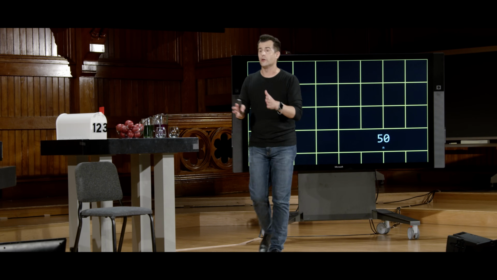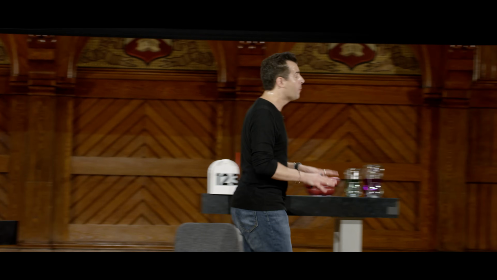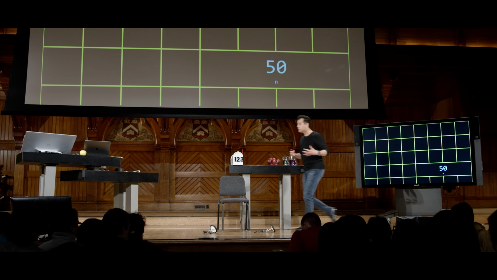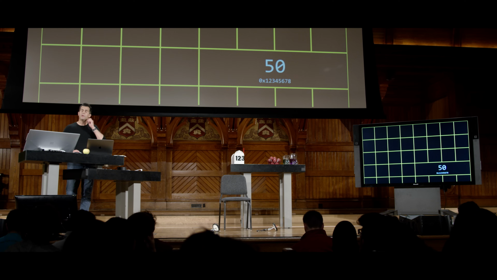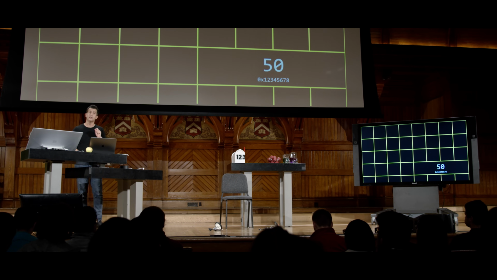Now, if you really look underneath the hood, that's not 50 per se. It's like 32 bits, zeros and ones that represent the number 50. But again, we don't care about transistors in that low-level detail now. But when I go ahead and print this, all I'm doing is printing the contents of that variable called n. But that variable technically does exist at a specific address in memory, right?